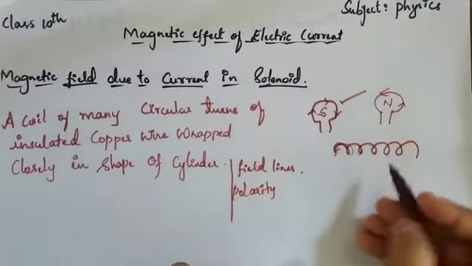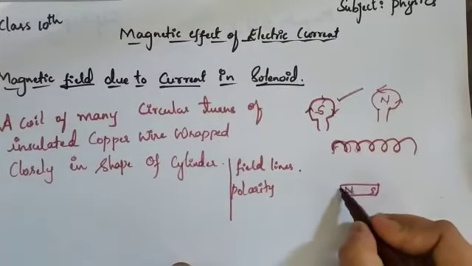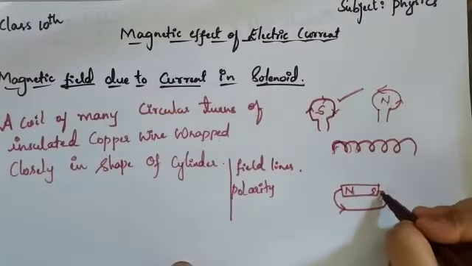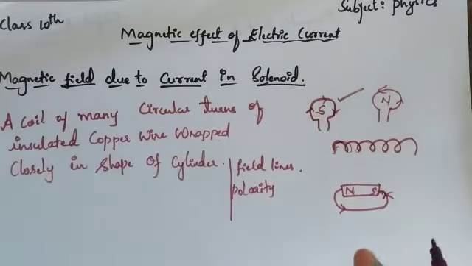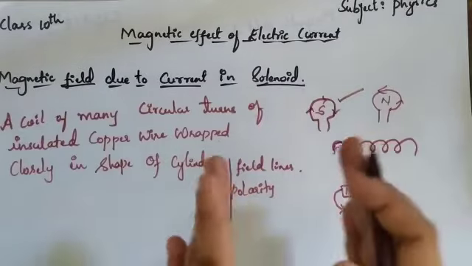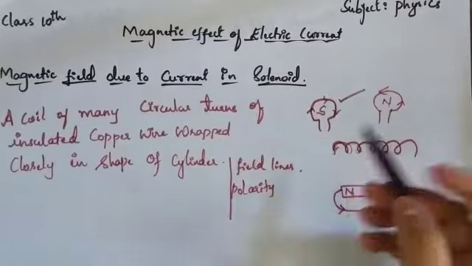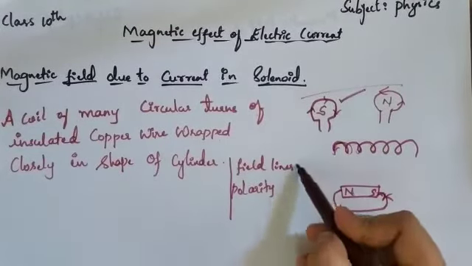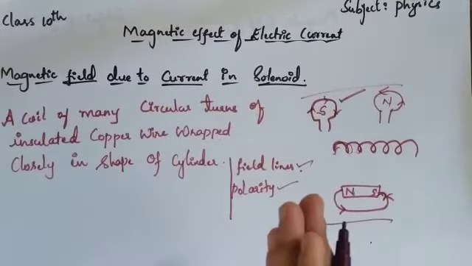Another method is based on the bar magnet. The magnetic field lines move from north to south. Entering the field is the south pole, and going out of the field is the north pole. Based on all these concepts, we apply the same thing in the case of a solenoid. If you know these concepts, then it is easy to know how the magnetic field lines will be and what the polarity is.